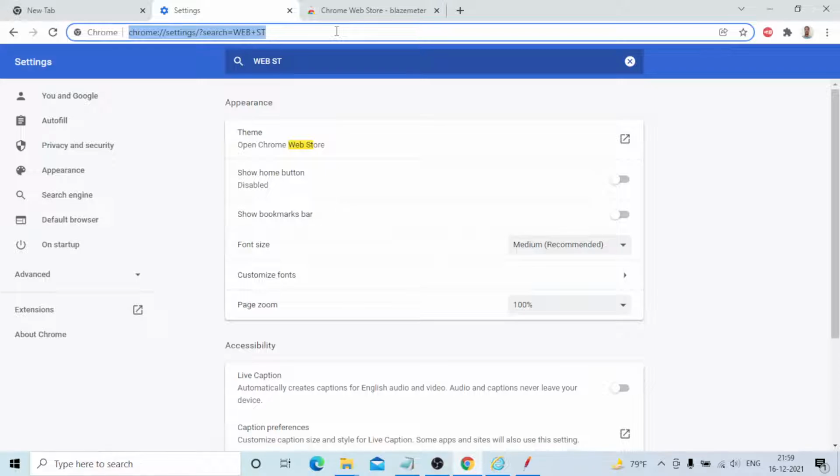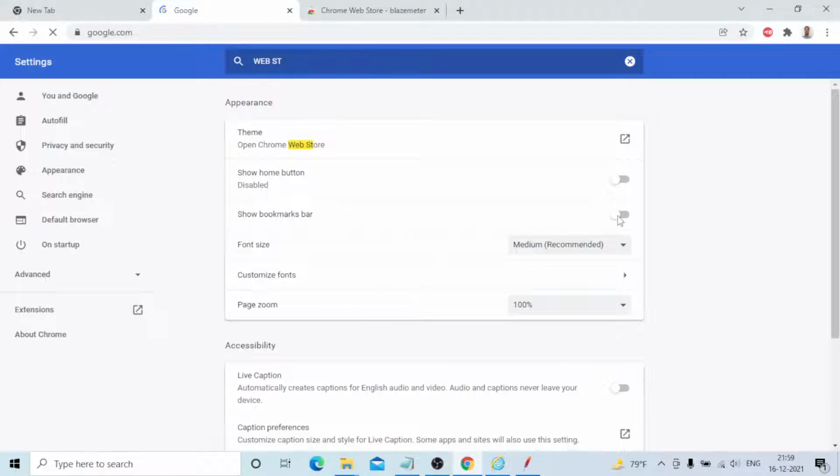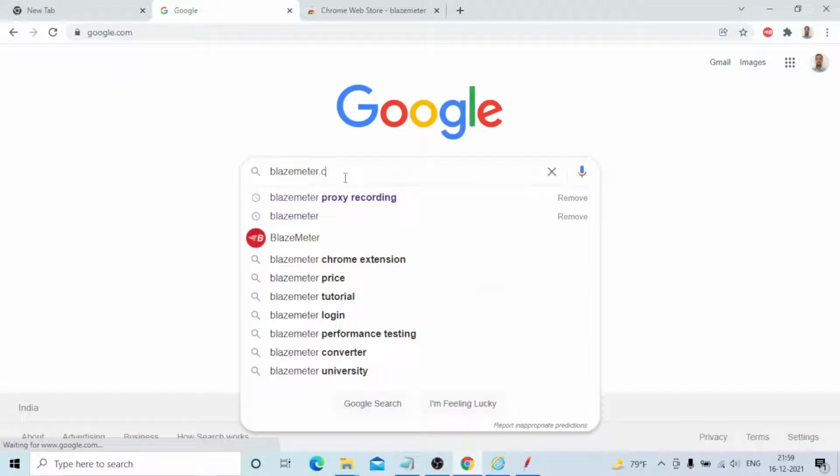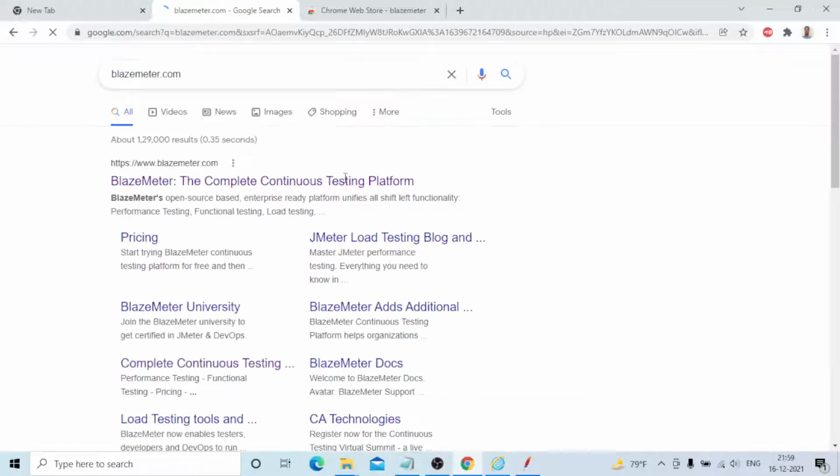You can go to Google and type blazemeter.com. Yeah, this is the website. BlazeMeter is a continuous testing platform for end-to-end testing, from performance and functional to API testing.